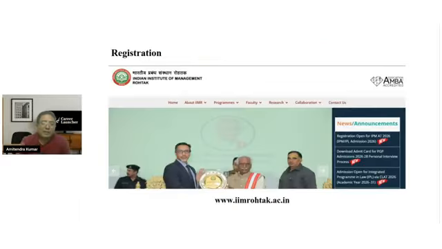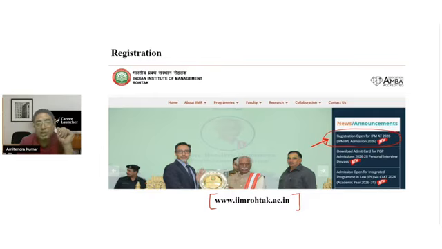Of course, for any application form to begin with, we have to go to the homepage, the website of the respective institution, and that's what we will do for IIM Rohtak as well. The website for IIM Rohtak is iimrohtak.ac.in, and this is how the home screen will look. You don't have to scroll anywhere. At the top itself, in the news announcement section, you'll see registration open for IPMAT 2026, IPM/IPL admission 2026. All you have to do is simply click on this link